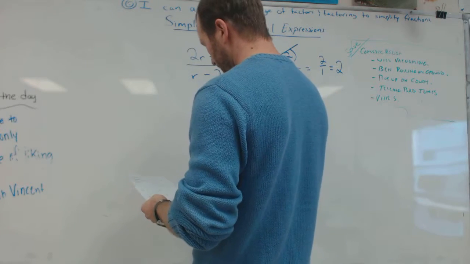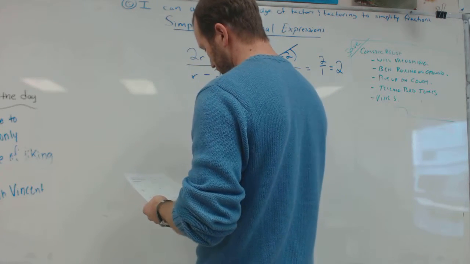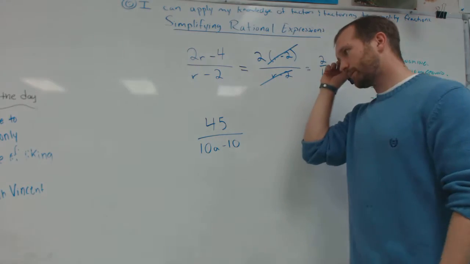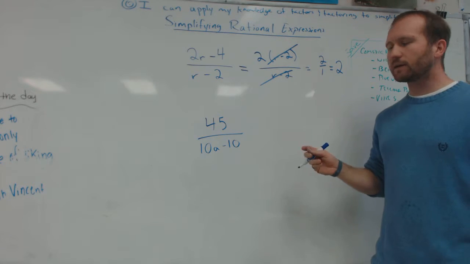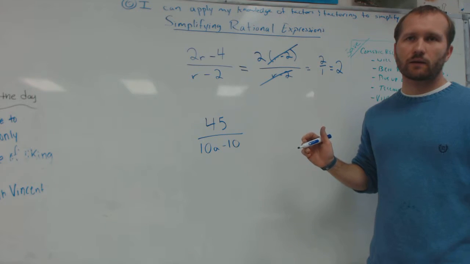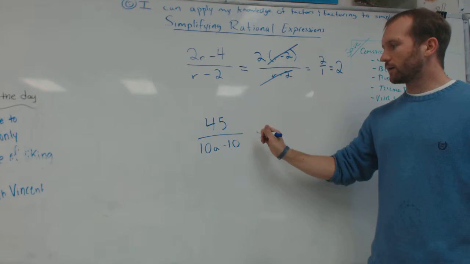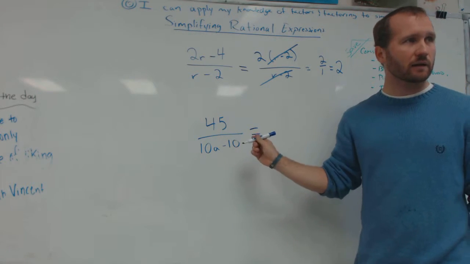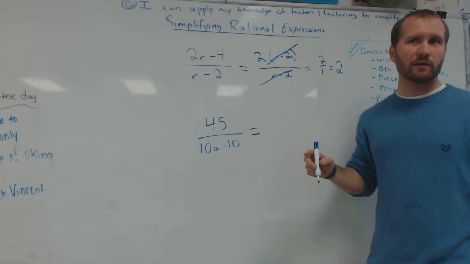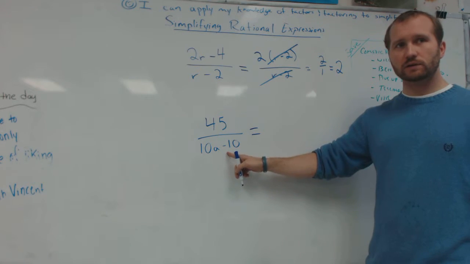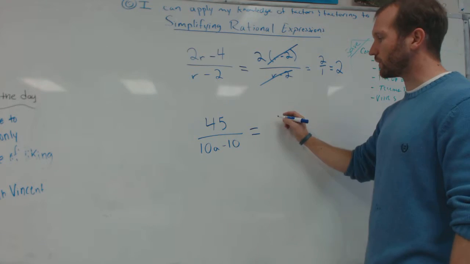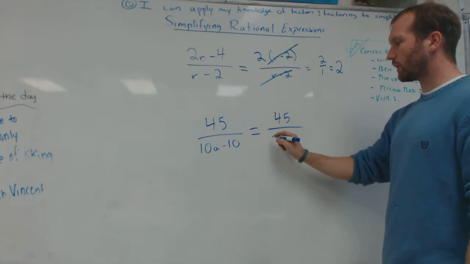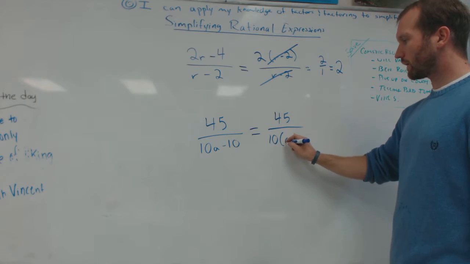We have 45 over 10a minus 10. So this one is kind of tricky because there's 2 ways to do it. Could you take 5 out of it? We could just take 5 out of everything right away. What I'd rather you do is factor the bottom first, because it's just going to get you in the good habit of doing that. Okay, so 45 over, to factor this, I just pull out my greatest common factor, 10,